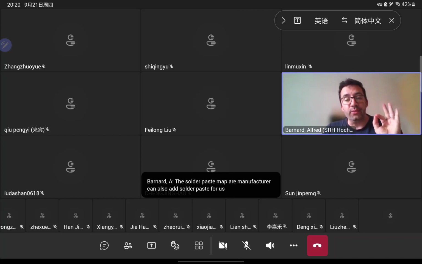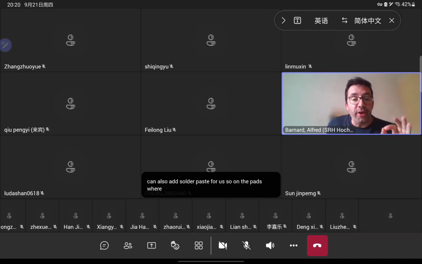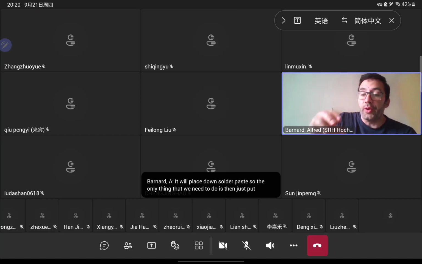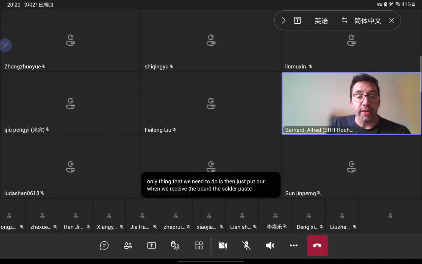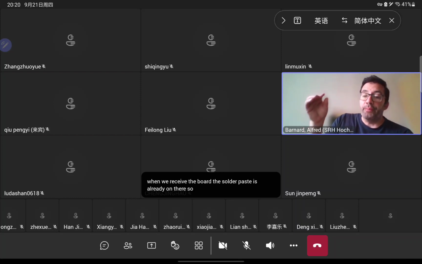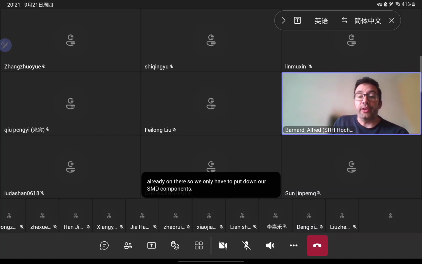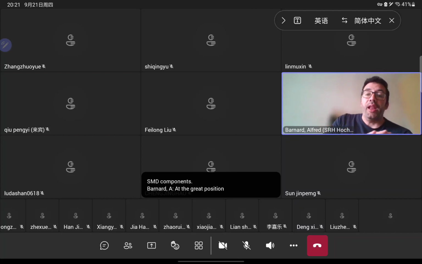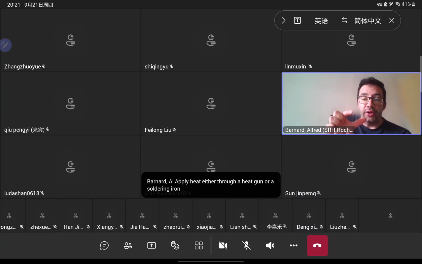On the pads where our surface mount components are located, it will place down solder paste. So the only thing we need to do is, when we receive the board, the solder paste is already on there. We only have to put down our SMD components at the correct position, apply heat, either through a heat gun or a soldering iron, and our component